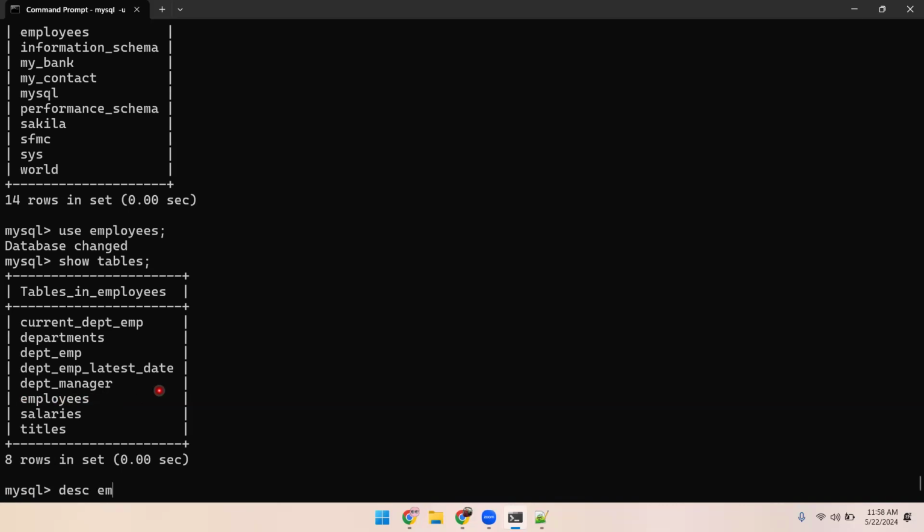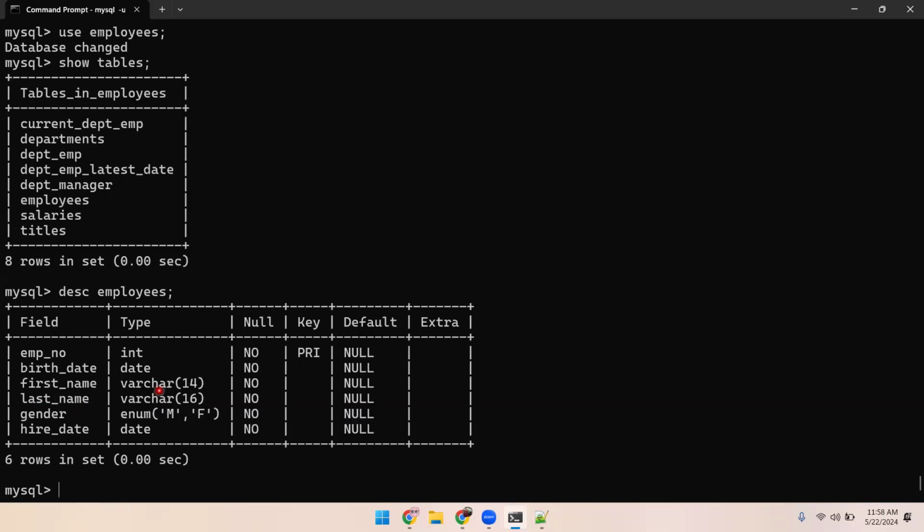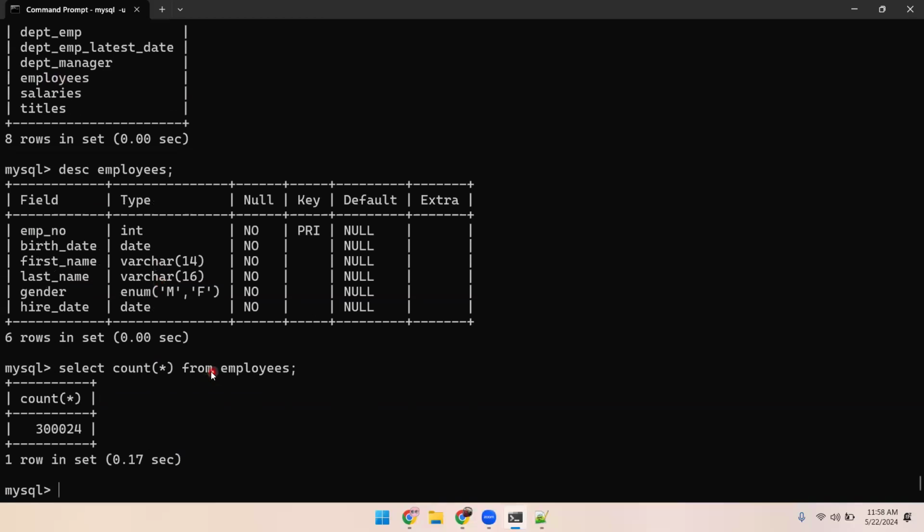Describe employees. Actually, it has a very large number of records, 3,24,000. Select count star from employees. This will always help me to know the records. What is this? So I have not explained this count yet. I will do it later. This is my favorite one. So before running select star,